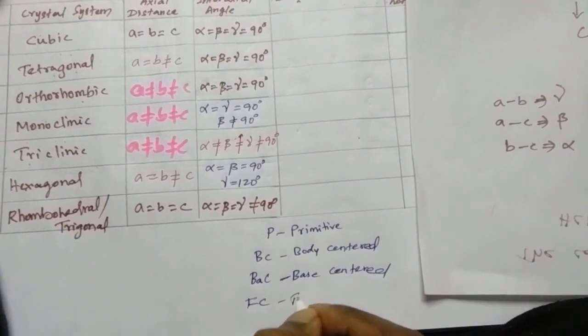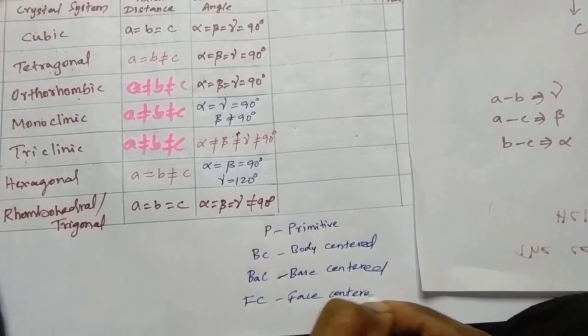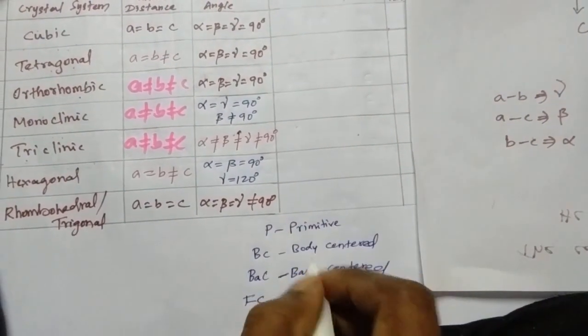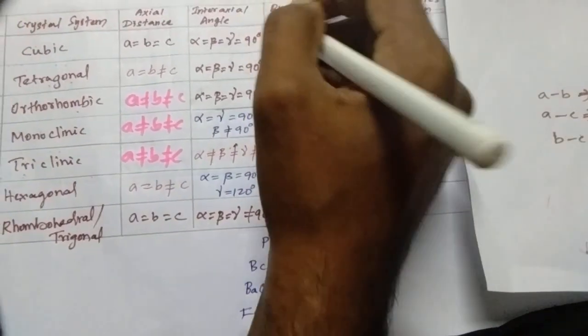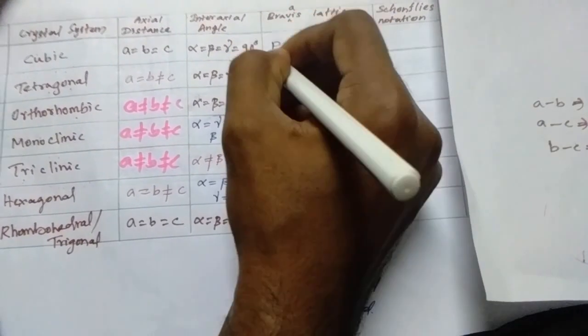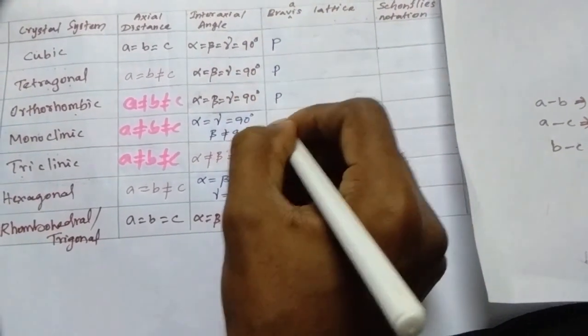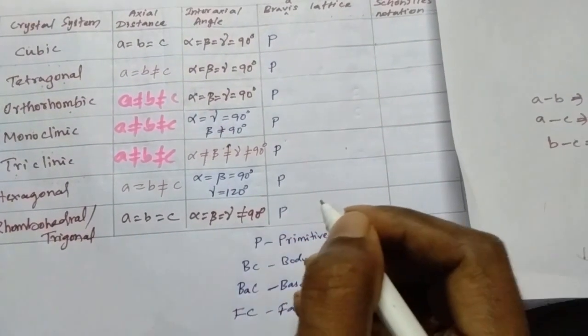FC, face centered. Okay, body centered, base centered, face centered. FC. So here write primitive for all: P, P, P, P, P, P, P. Okay, then